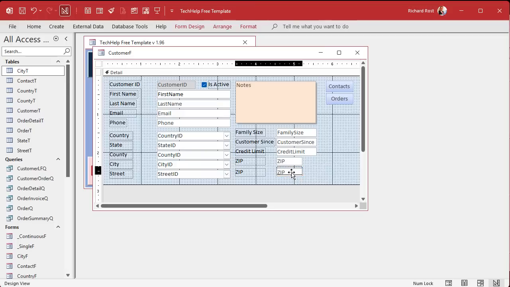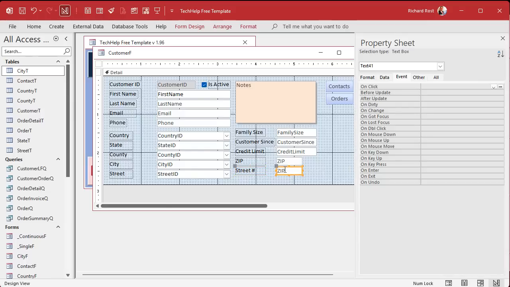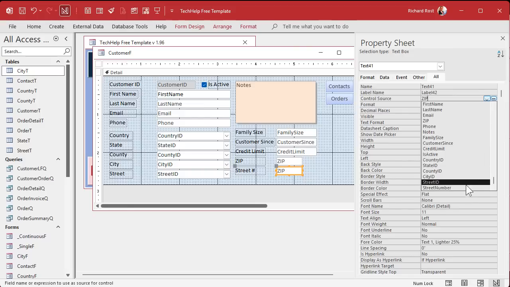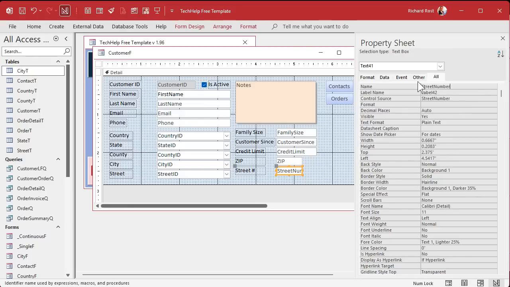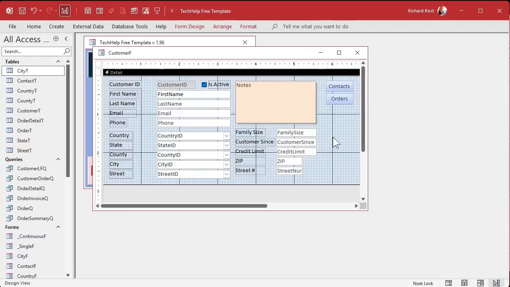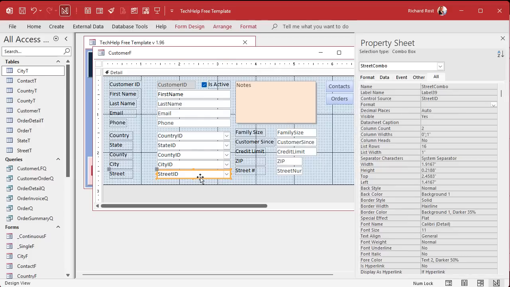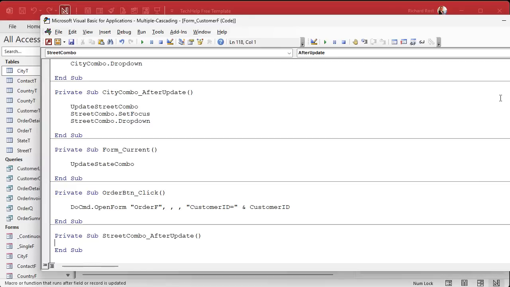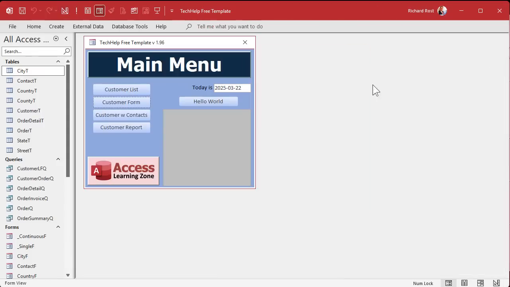So come over here, and then we'll call this the street number. And open that up. The street identifier, whatever we called it before, right? And this will be the street number. Copy, paste. And then what we'll do in the after update for street combo is we'll just jump to street number, right? So street number dot set focus. And that's really all you got to do. Save it, close it, close it, close it, open it,